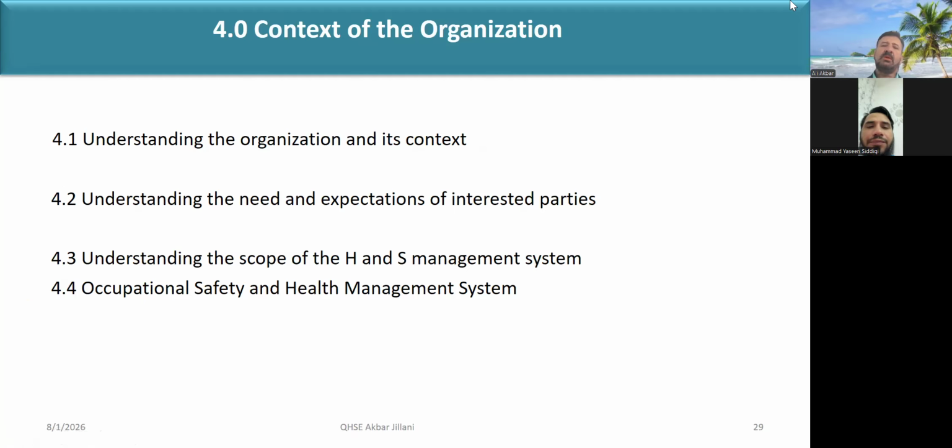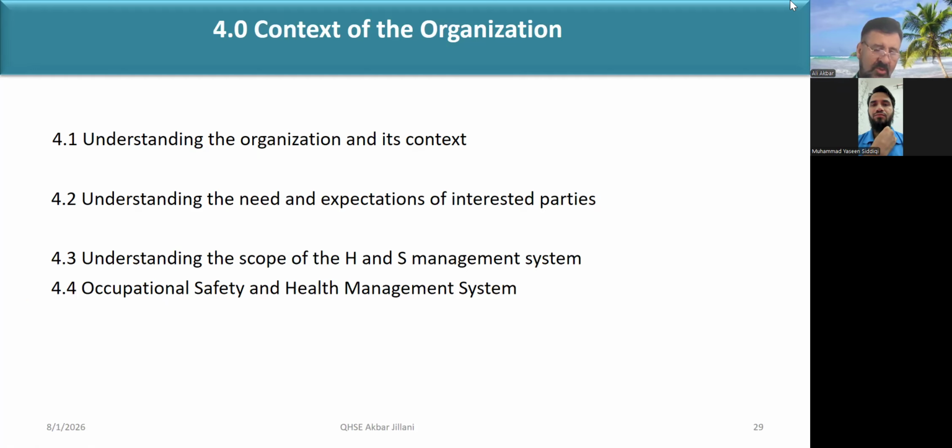Now we are coming to class number 4. From this, we are now on the motorway. The motorway means from there we will start the requirements. Because in class number 1, we only discussed the scope. In class number 2, the references. Class number 3, the terms and definitions. Now we are on the way to our destination.